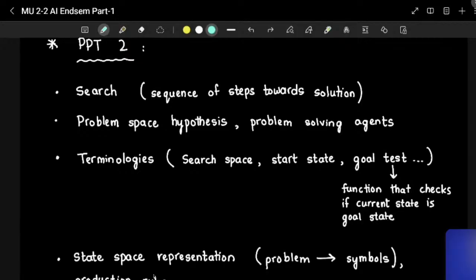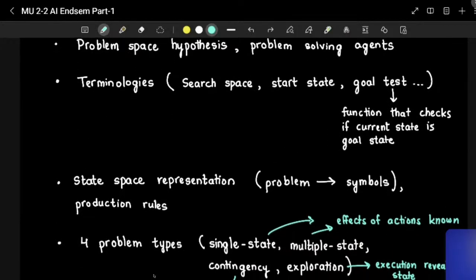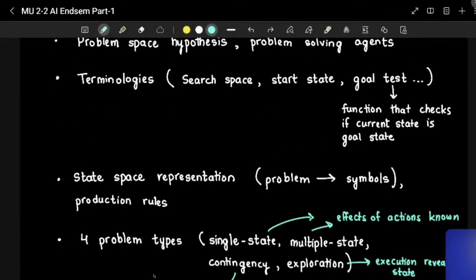Problem solving agents. So agents that solve problems are problem solving agents. I mean, there'll be more theory in the slides, you can go through them. So search space. Yes, so search space is essentially